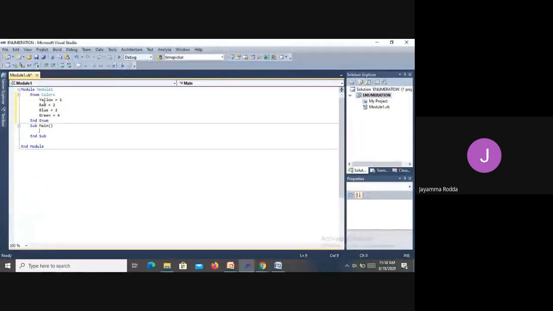So in the main procedure, I'm going to make use of those colors. So in the main procedure, I'm going to retrieve those colors. So whichever color I want to retrieve, I can retrieve. Now I'm going to write an output statement. Console.WriteLine.